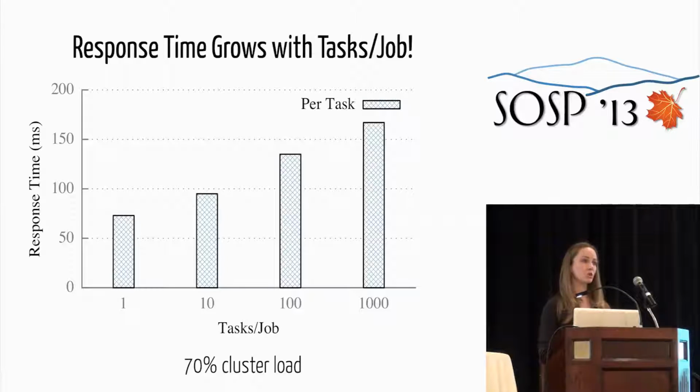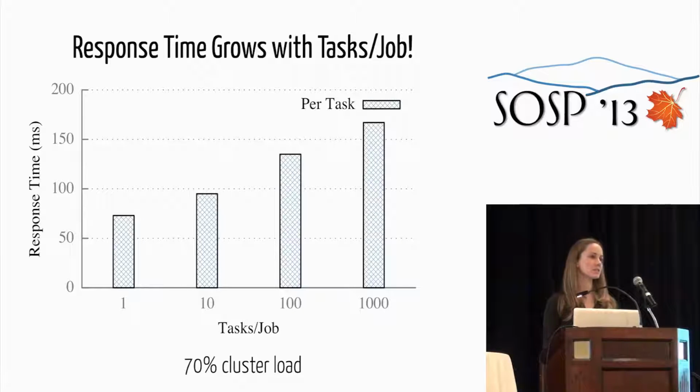As the job becomes more parallel, intuitively the problem is that with each additional task, there's increased probability that at least one of the tasks in the job will have sampled two machines that are both heavily loaded. That task will have to wait a long time, and it will slow down the entire job. Now, the whole point of this project was to get good performance for these parallel workloads. So how are we going to be able to get around this problem?